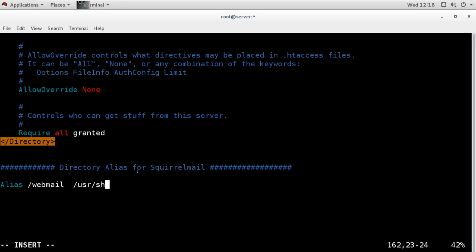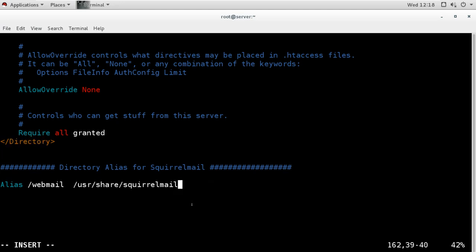The original path is under /usr/share, and the directory name is squirrelmail. So this will be the alias, that means the directory will be accessed by this name, but the original location is this. Now we are sharing a different directory here which is not mentioned in the configuration file.